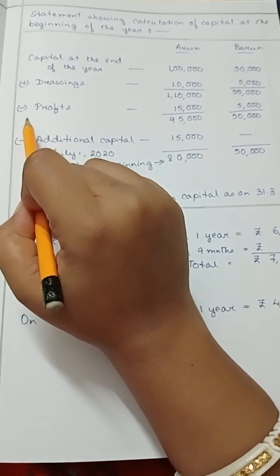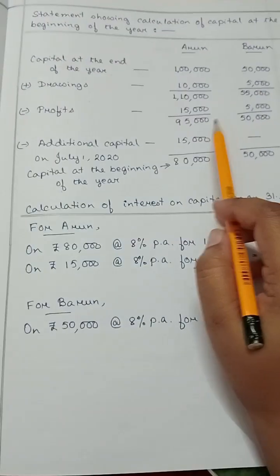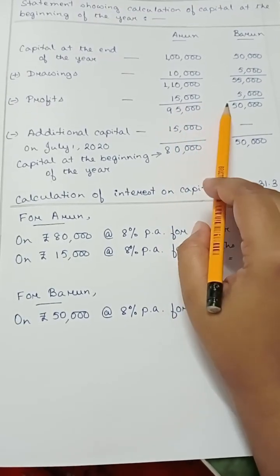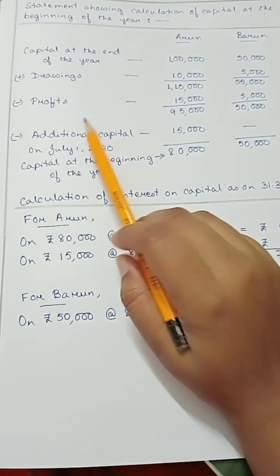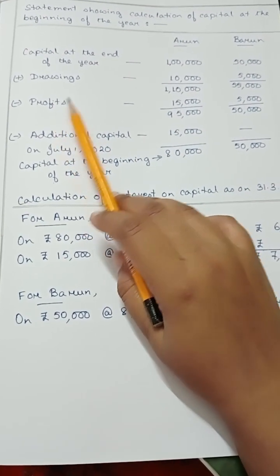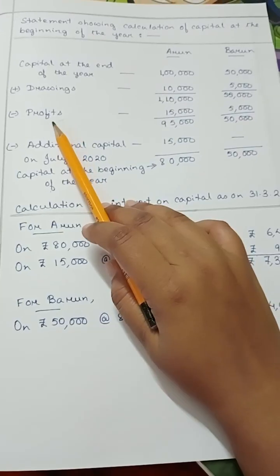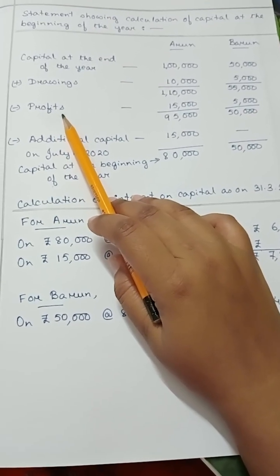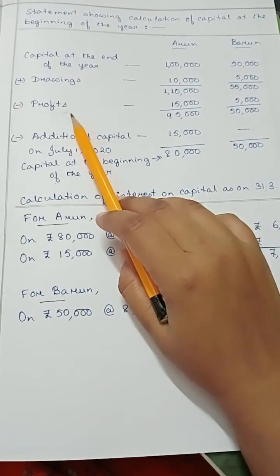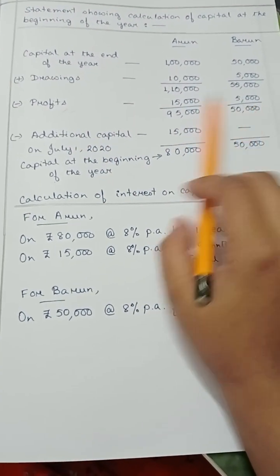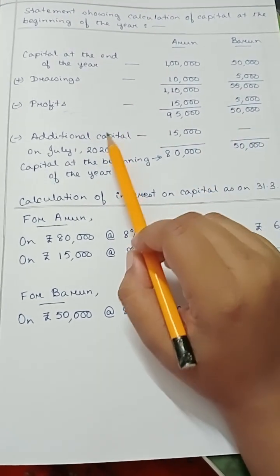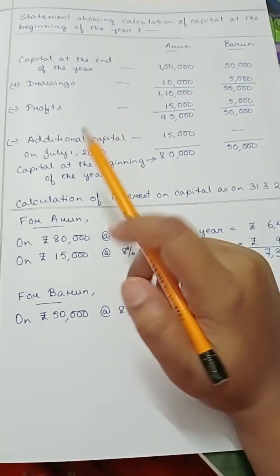So with that we have to deduct profits, which is 20,000, and it is shared amongst the partners in the ratio of 3:1. Okay, so this profit has to be deducted because this is a portion of profit which is left over in the business. Okay, so this is the capital of the business, so you have to deduct this amount, because capital of the partners is going to be taken out,